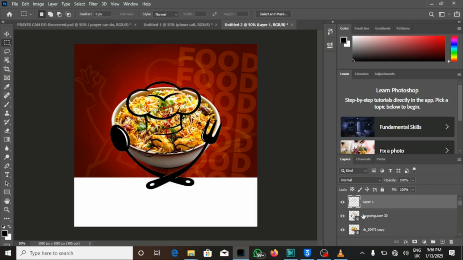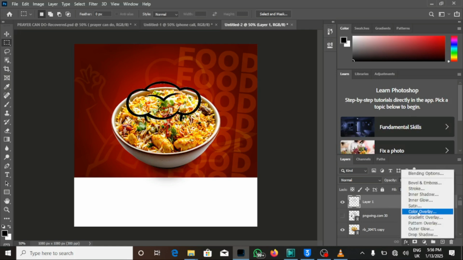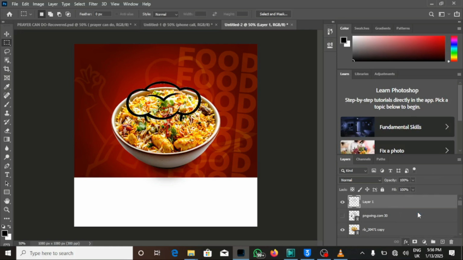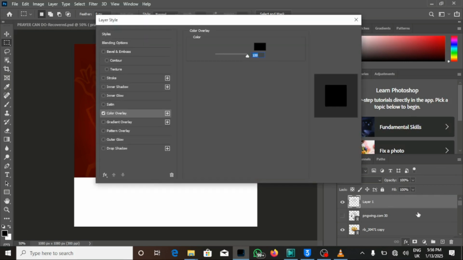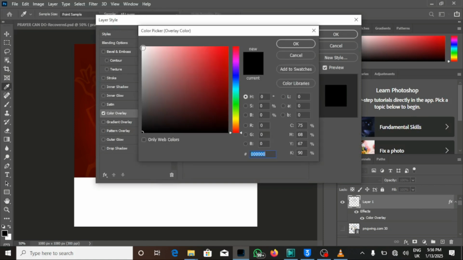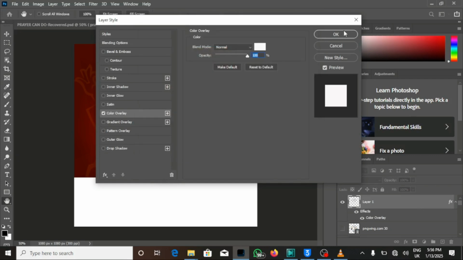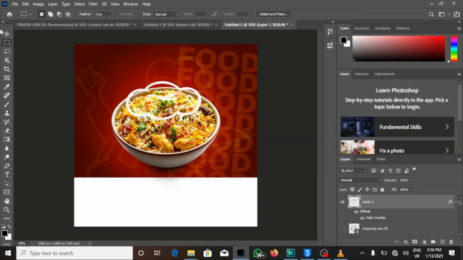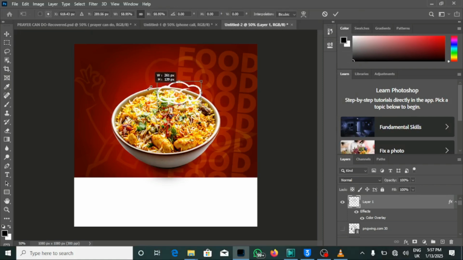So let's come to the layer panel, adjustment layer panels, and close this one. And now with the first one being selected, let's go to the FX and then choose a color overlay for it. As you can see, this is very simple. And now let's click OK. So let's choose our move tool and then reduce the size of this. And now let's bring it on top of this particular